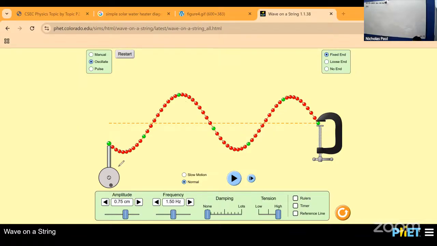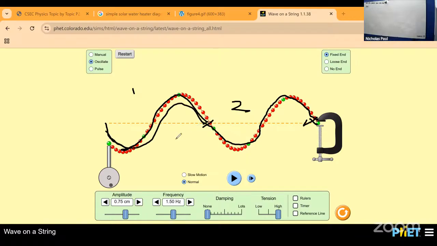Let's pretend it started here. Then you will see something like this. Then watch again, it will start back here, and you're going to see the same thing repeating itself. So you have a cycle here and a cycle here. This is cycle 1, this is cycle 2. So from here all the way to the cross, that is your